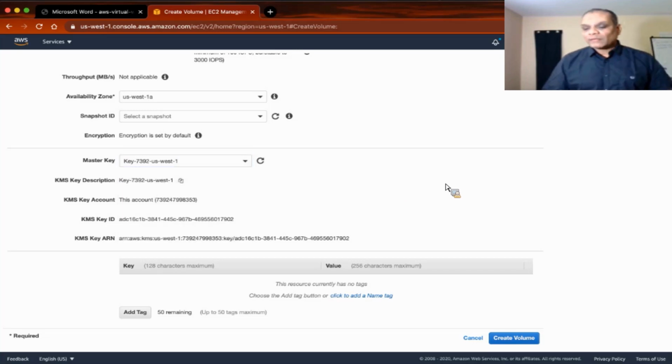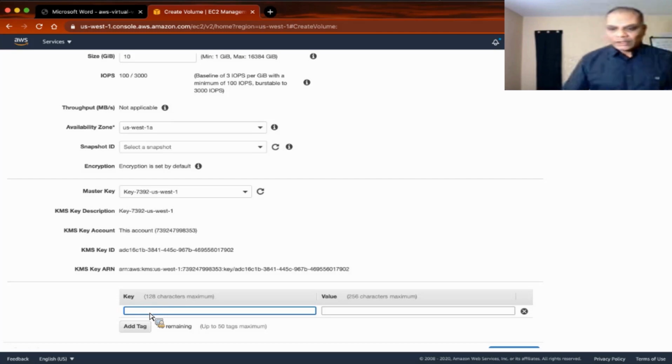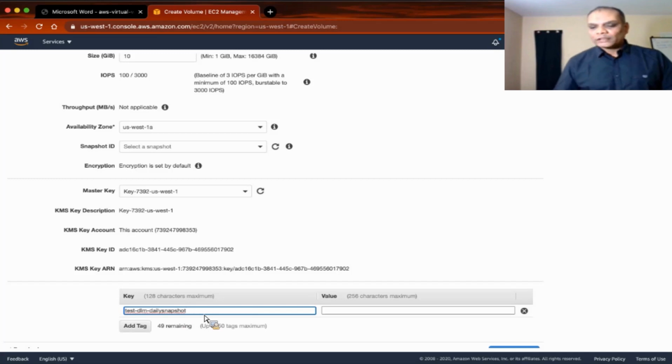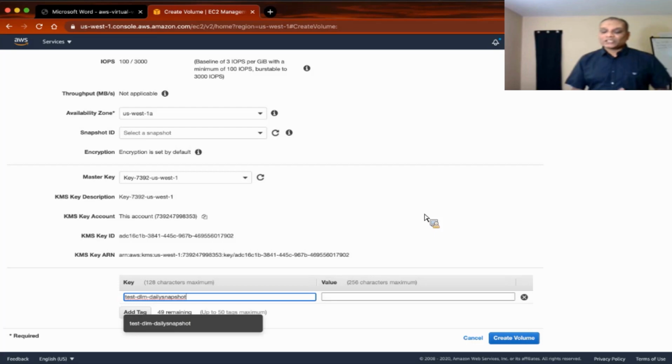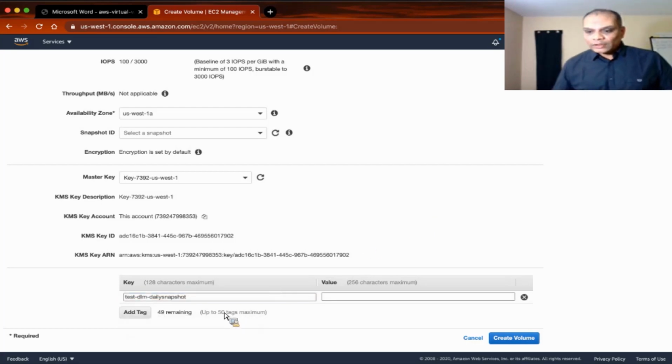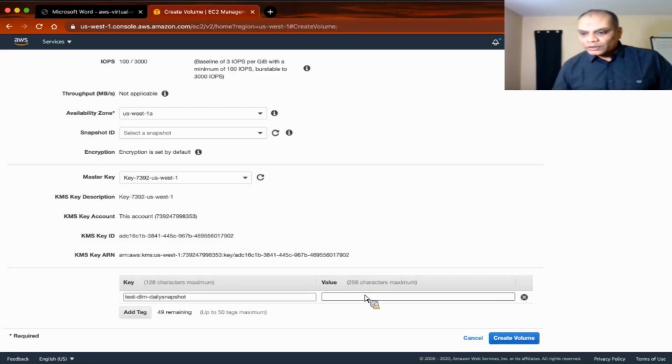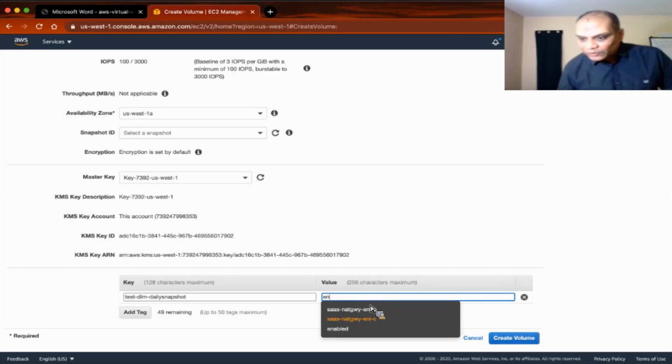But for my side, I'll keep the customer master key. And you can choose your own setting. And then the tag is important here. So tag is, as I told you before, test DLM daily snapshot. So this tag is critical for us to create a policy based out of these tags. So in the document, I believe I have also given you the test DLM snapshot. Yes, test DLM daily snapshot, and the value is enabled here. So I have to create enabled as the value